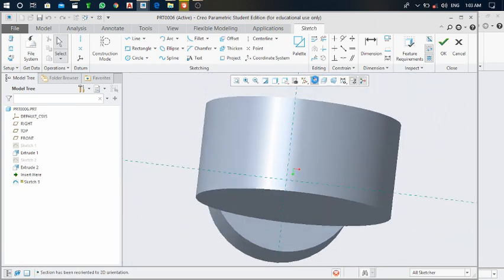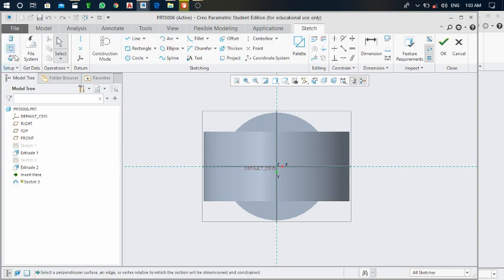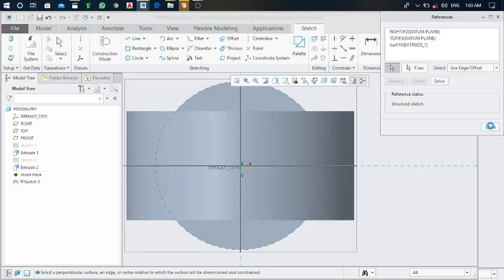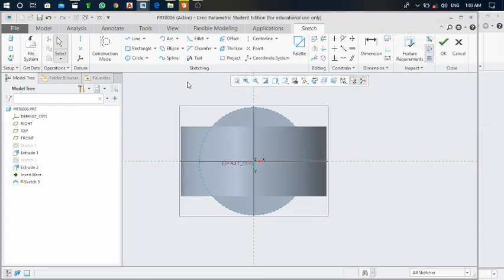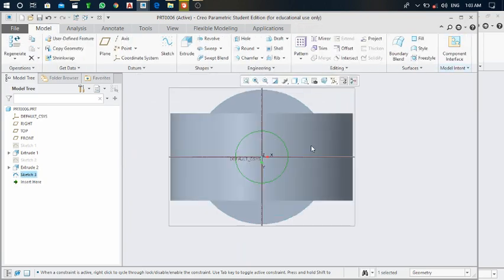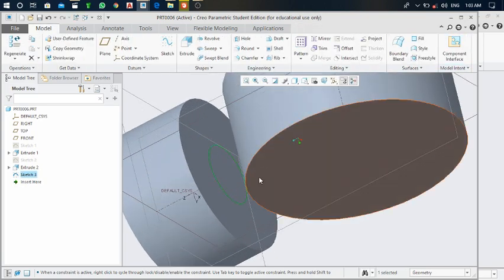After that, sketch view. Okay, and by the reference command you can select this circle or extruded portion for reference. You can see this. After that click on the circle, draw a circle, click cursor aside and OK. You can see our sketch here.